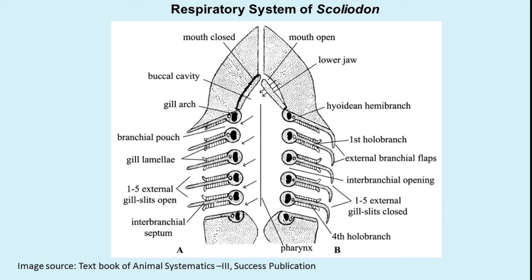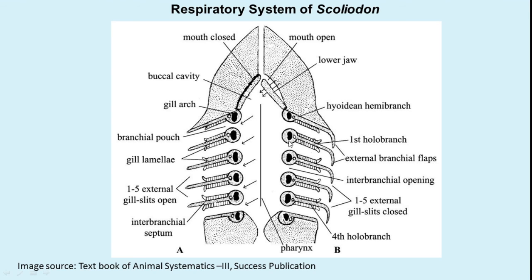So what happens here is, when the water is entering inside, this water is going to contain a large amount of oxygen. So when it is moving over here, the gills which are much closer to this, a large amount of oxygen is going to be available to this area. Then the efficient exchange of gases takes place between the blood and the water.